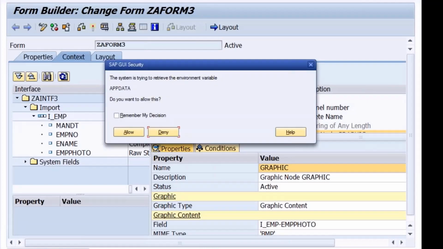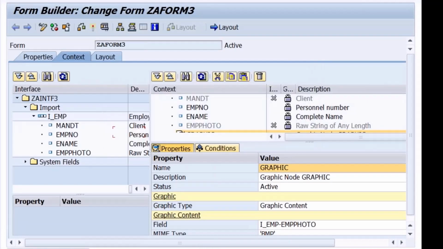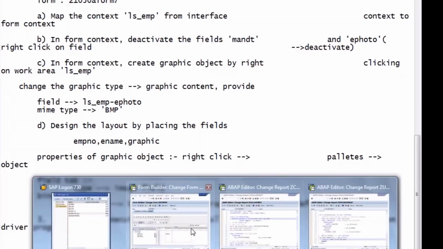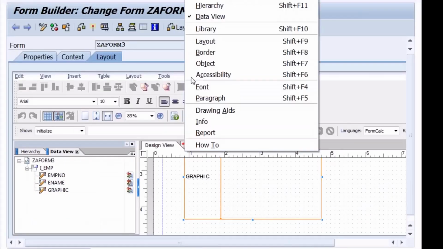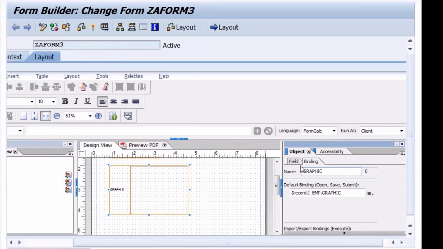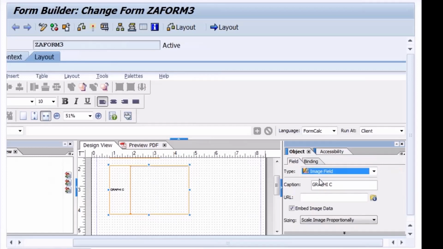So okay, I'll go to layout. This is not changed again. Image field, okay, done.